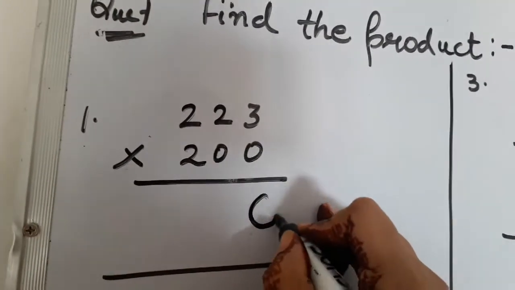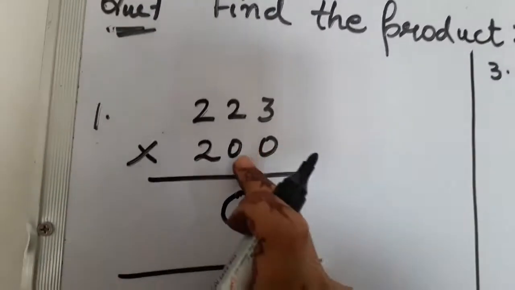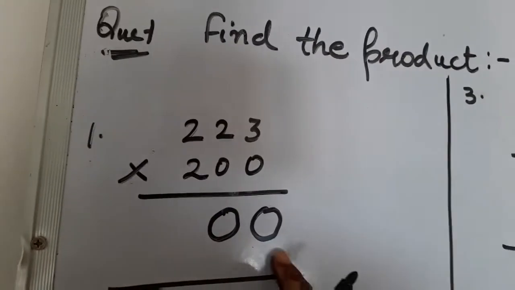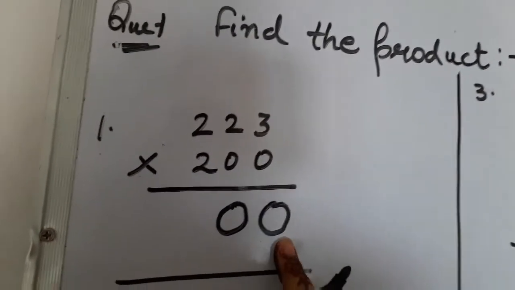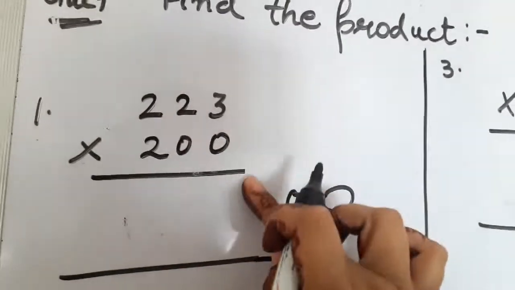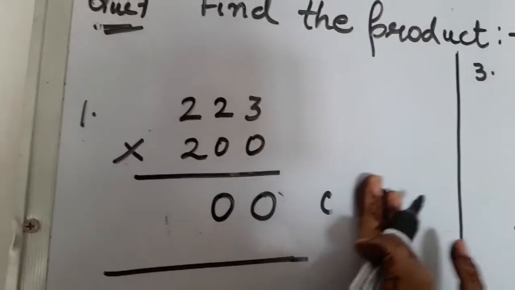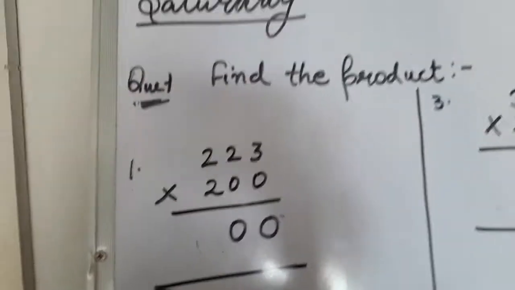So write 0 in the ones place and write a zero at the tens place, because you have two zeros. So write two zeros starting from the ones place. Don't write 0 like this. Okay, ones place के नीचे ही आपकी 0 आनी चाहिए. Clear? With the two zeros, right? Then next,